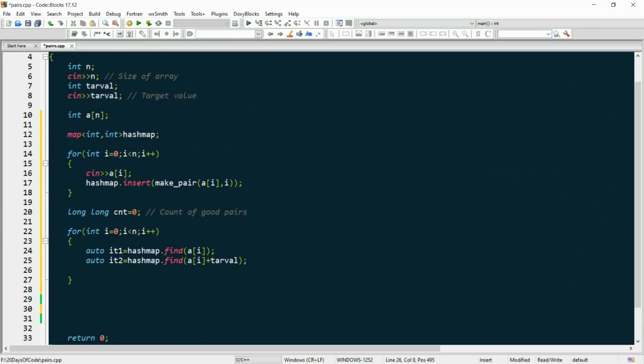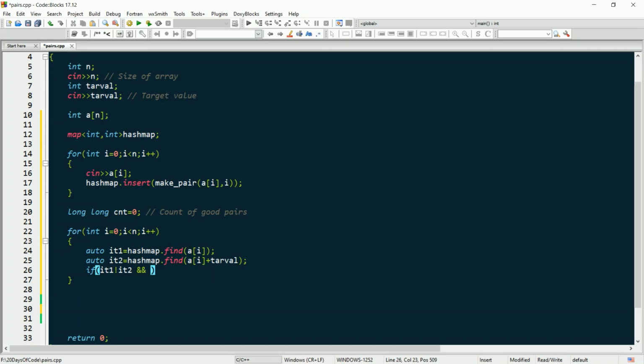Now if you already know the hashmap.find function, you will know that this function returns an iterator, and the iterator points to the last position, that is hashmap.end, if no such element is found in the array, or the iterator returns a certain position. Okay, so we will check that it1 is not equal to it2, because they both shouldn't be the same element.